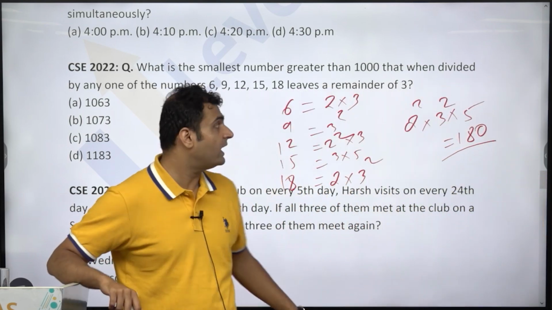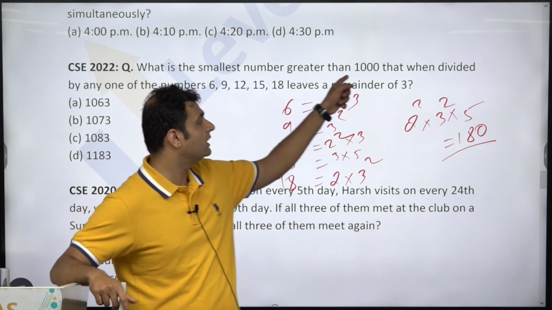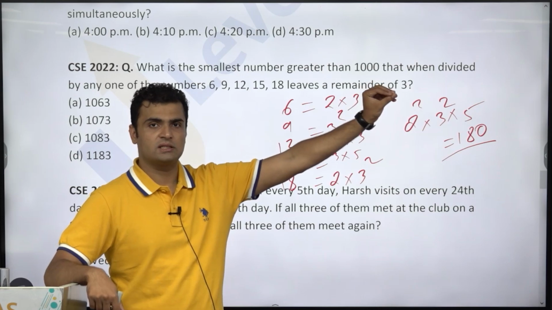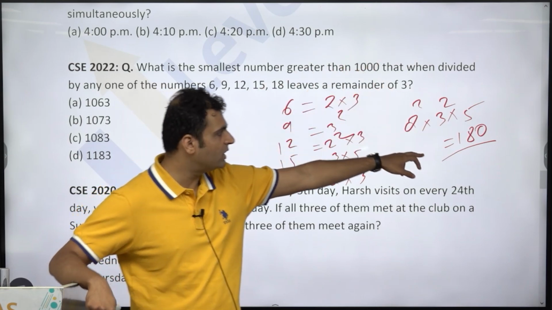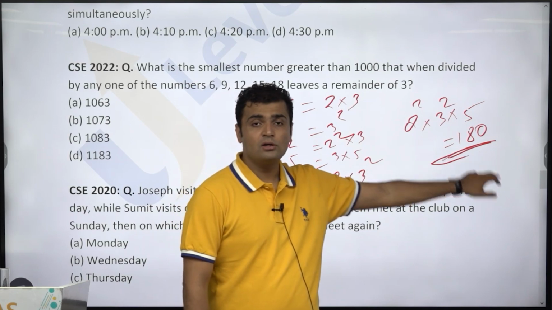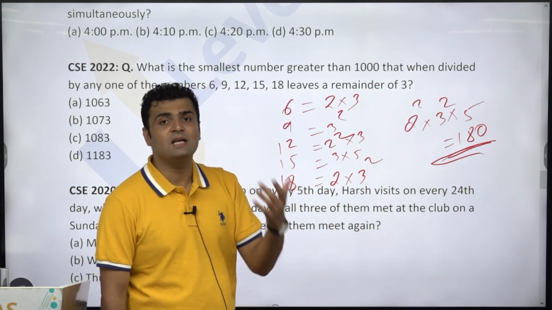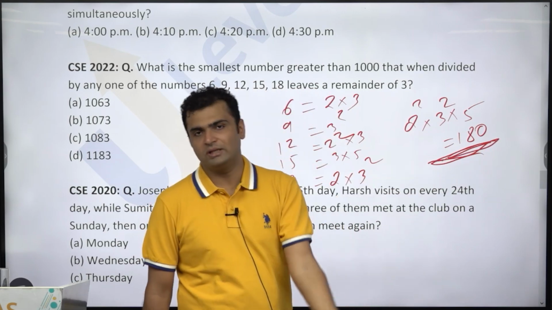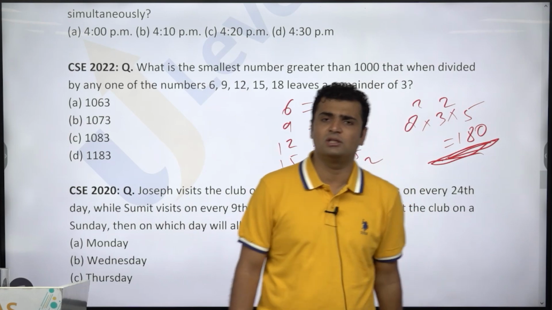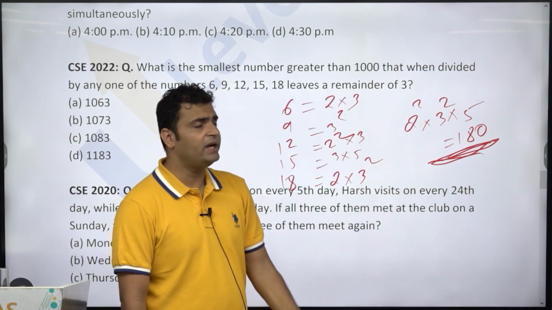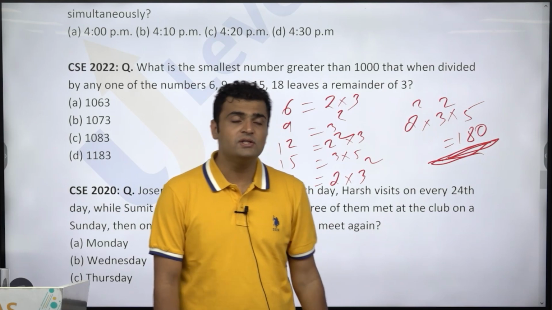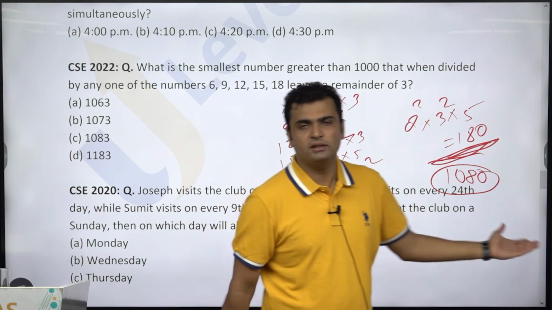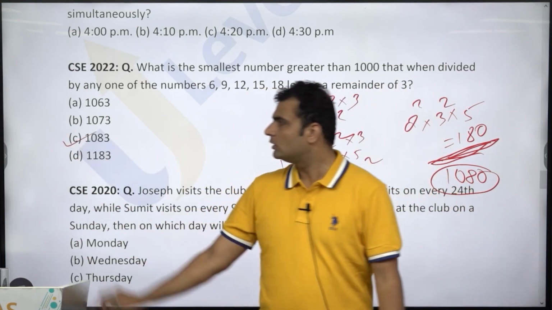Now, question क्या है? The question is we want the smallest number greater than 1000. So again, we have seen the property that all the common multiples are also multiples of the LCM. तो हमें ढूंढना क्या है? We have to find a multiple of 180 which is just more than 1000. If you remember the table of 18, 18 5s are 900, 18 6s are 1080. So this is the smallest number greater than 1000, but remainder 3 है तो उसमें 3 ऐड कर दोगे तो